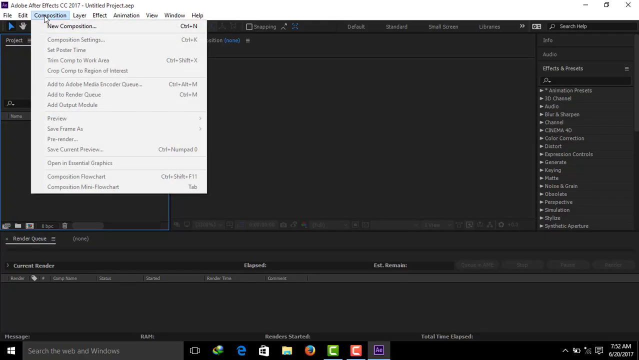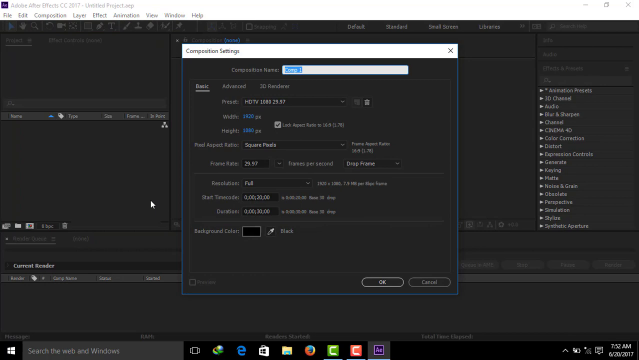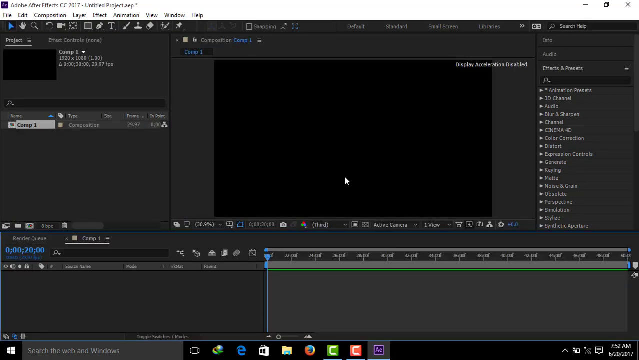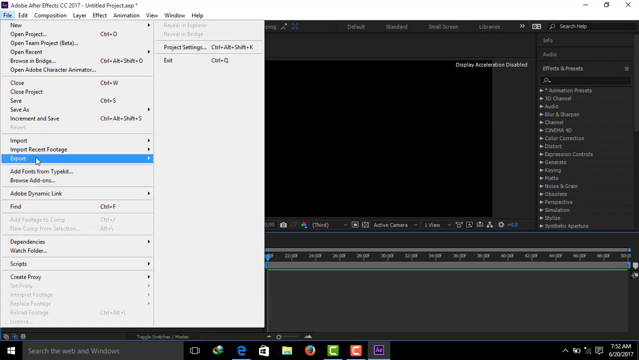Click on Composition, New Composition, and click OK. As I told you, this tutorial is based on the previous tutorial where we were designing a certain text and image within Photoshop. It is the very image we are going to be importing in After Effects so that we can implement our text reveal. Then go ahead and click File, Import,